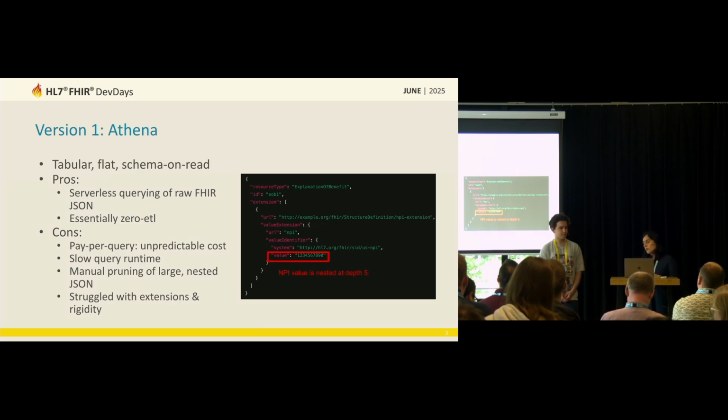An issue came up with one of our customers where they were trying to access an NPI value of a practitioner, which was stored in an extension on their claims data. We, by default, pruned at depth 4, and of course, their NPI value was at depth 5. So when they were trying to access this data via SQL on FHIR, that data was missing and lost, and they were not able to access it, which is what led us into exploring other options,